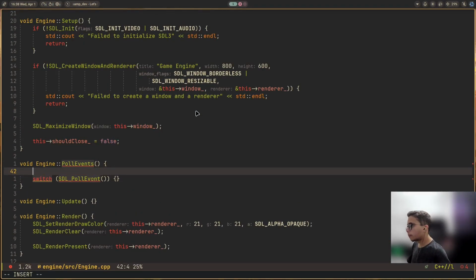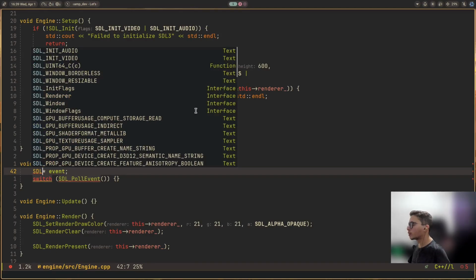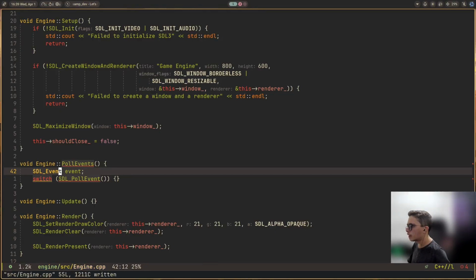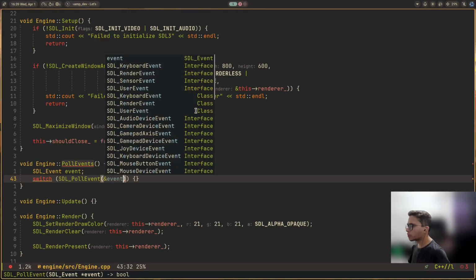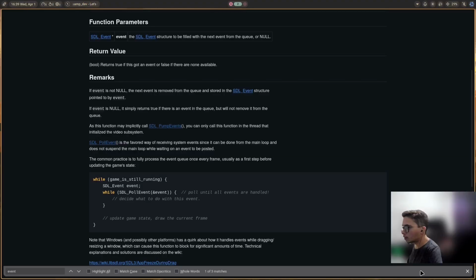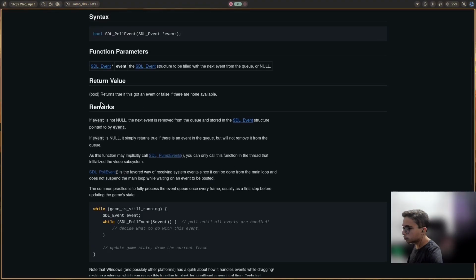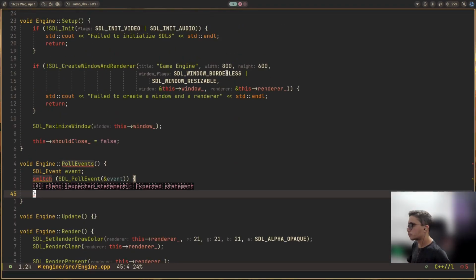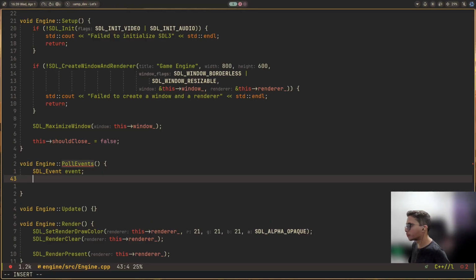So let's have an auto pointer event. No, I can't use SDL_Event. And I think I won't use a pointer here. I can just pass the reference. Great. Now we can add some cases. Oh yeah, I forgot that I need to put that in a while. So while SDL_PollEvent at reference for event, I want to enter here,